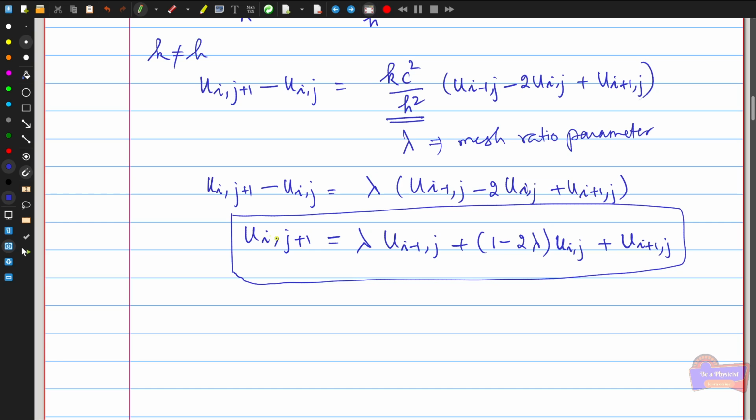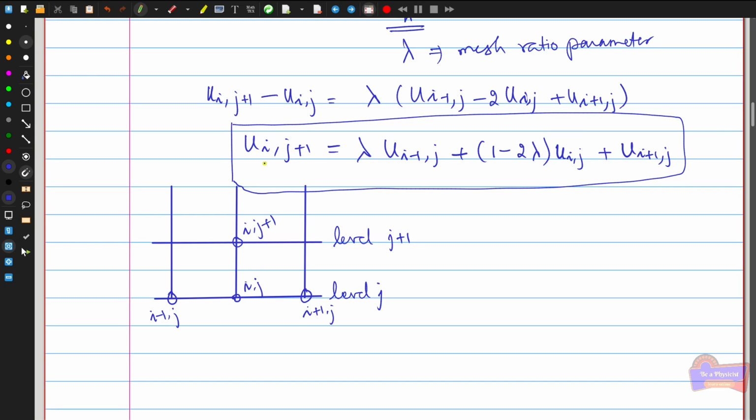Okay, so if you want to find out the value of temperature at the j plus 1 level, you require the u values at i minus 1 comma j, i comma j, and i plus 1 comma j. This Schmidt method can be visually represented as follows. The value of u of i comma j plus 1 at this point is identified using the previously calculated values of the previous j level, that is, the nodes i minus 1 comma j, i comma j, and i plus 1 comma j. If you know all these values, then you can find the i comma j plus 1 value